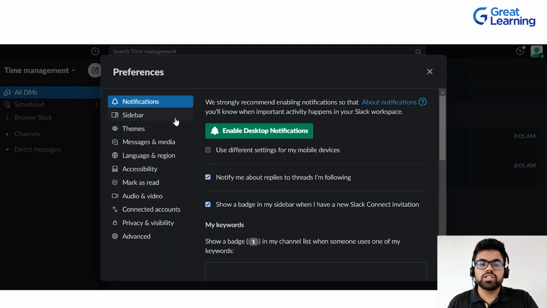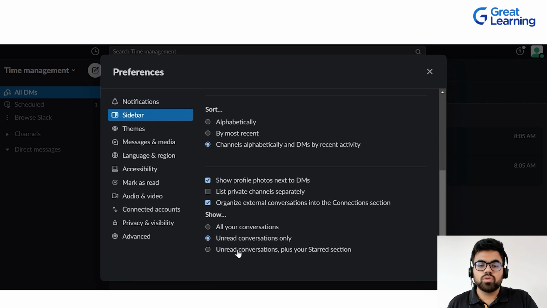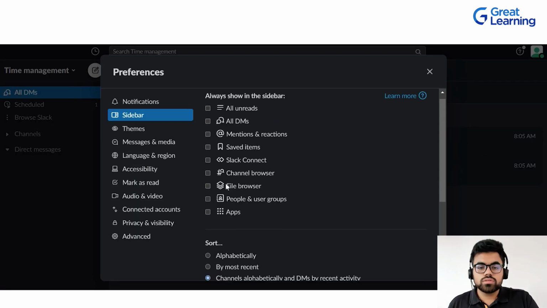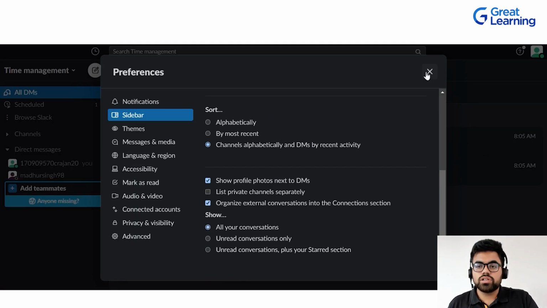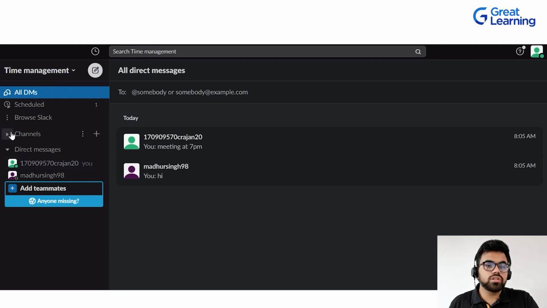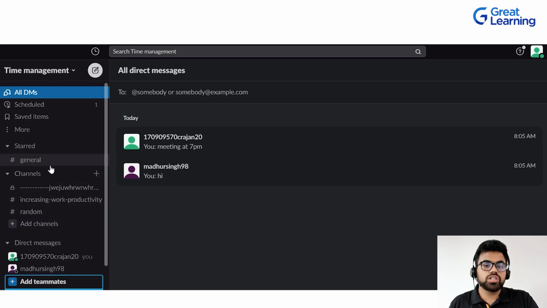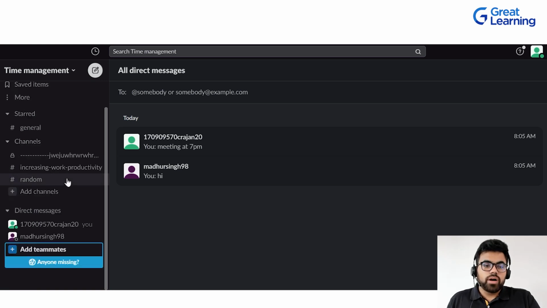So you can change it again in the sidebar according to the way you want, plus your starred ones. Now you can also star your particular channel. How to do so, I will tell you. In the sidebar, you have all your conversations, all the channels that you have. You can star that particular channel, so it will be generated under starred. The starred ones are mostly used for the ones that are in your daily communication or that you most often text into. So that particular channel will be created in the starred sidebar.